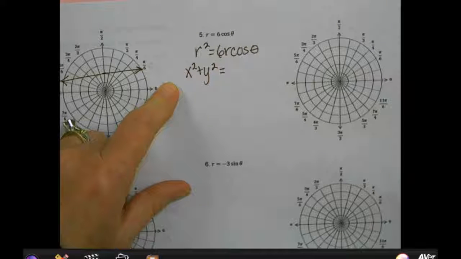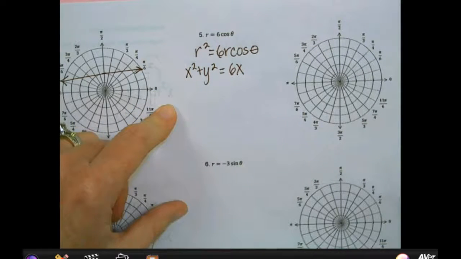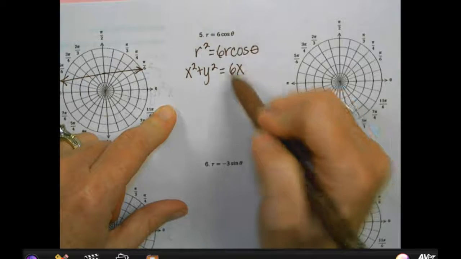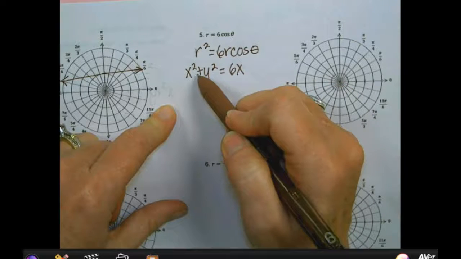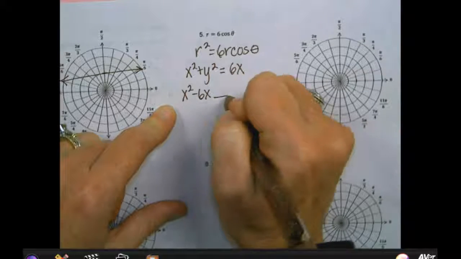I didn't square anything. I multiplied both sides by r. And what did you just tell me the r cosine of theta was? So I have 6x. So I'm going to take this 6x and subtract it behind the x squared. So I'm going to get x squared minus 6x